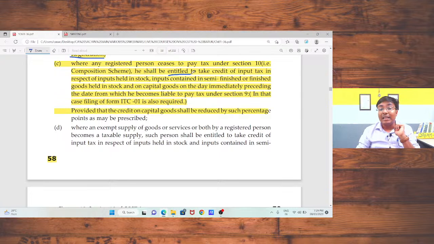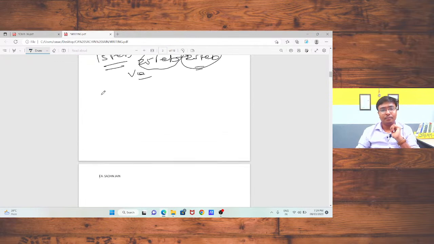In that case, he shall be entitled to take the input tax credit in respect of input held in stock, input contained in semi-finished or finished goods in stock, and on capital goods, on the day immediately preceding the date from which he becomes liable to pay the tax under section 9. Okay, sir. That means